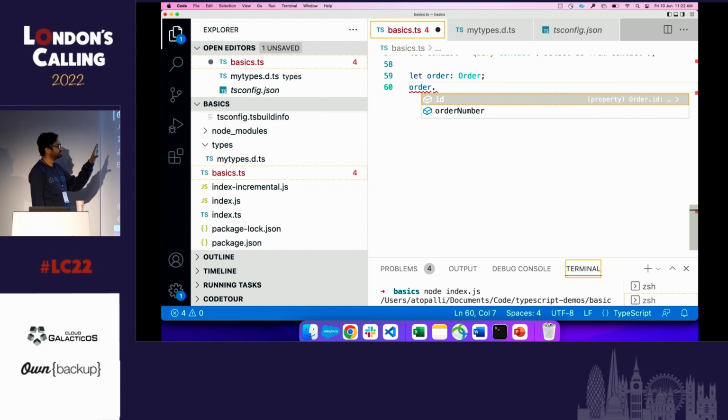Now, this is actually a best practice that we recommend: place all of your types in a specific TypeScript file and share that across all of your developers. Now, finally,